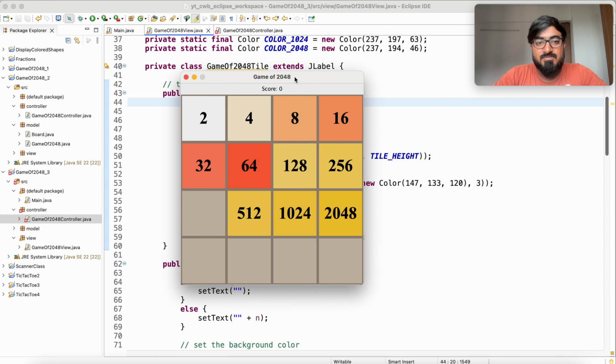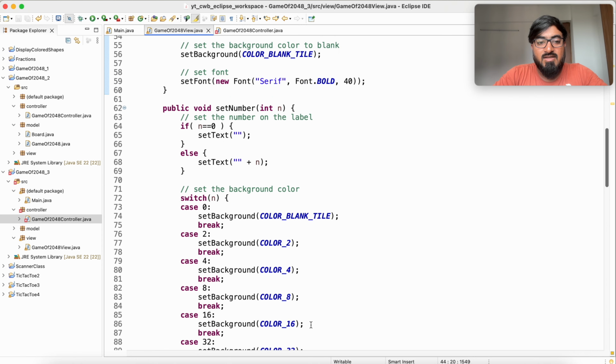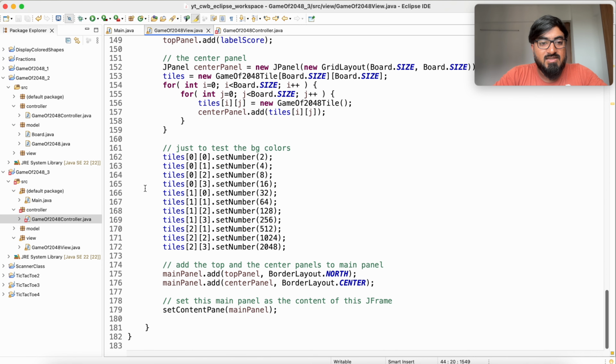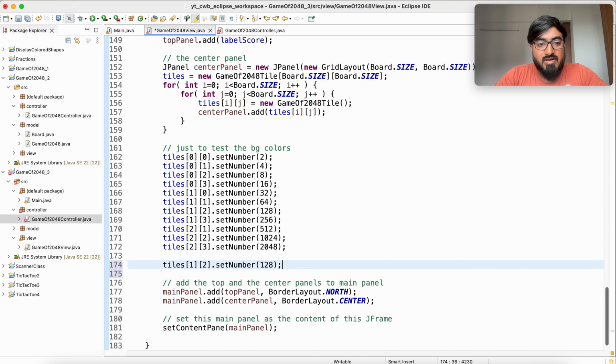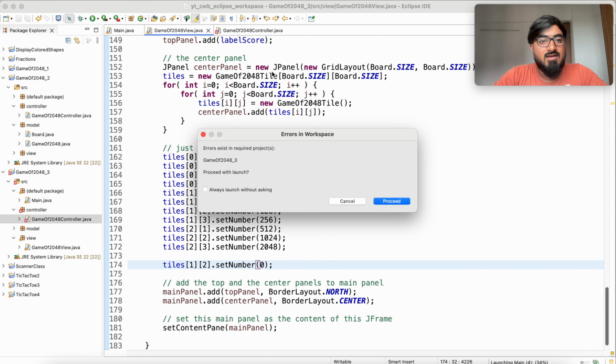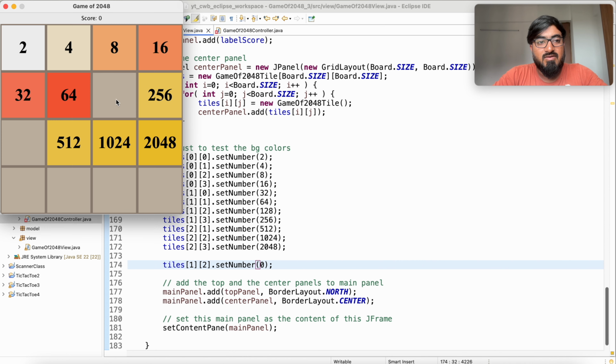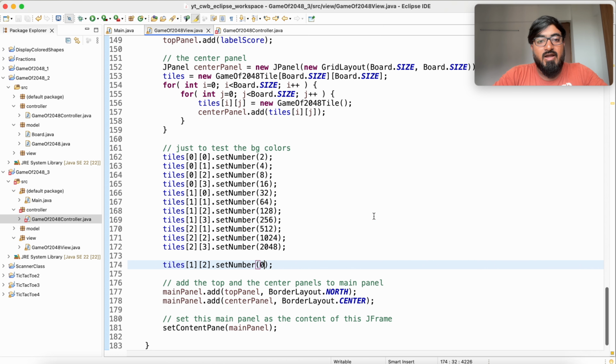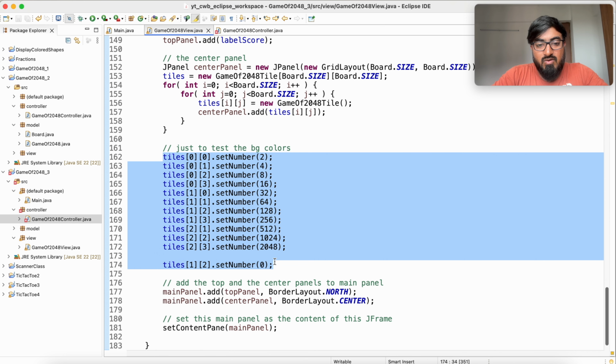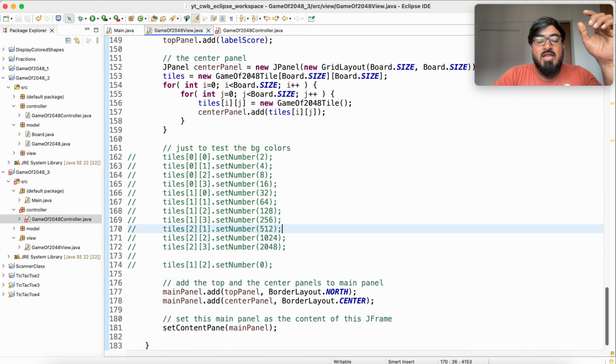Nice. So if I set any of these tiles to 0, dot set number 0, it will be a blank tile. Because we set tiles second row third tile 2 2, and that's what we set blank tile. Commenting this out. So we are able to have an n into n size board that is visible with different background